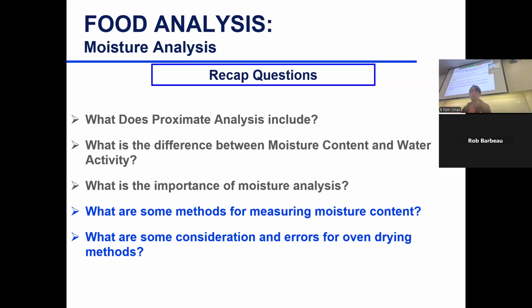So let's continue and finish up moisture analysis. Okay. Oh, +2. I remember to bring that with me next time. All right. Okay. Well,